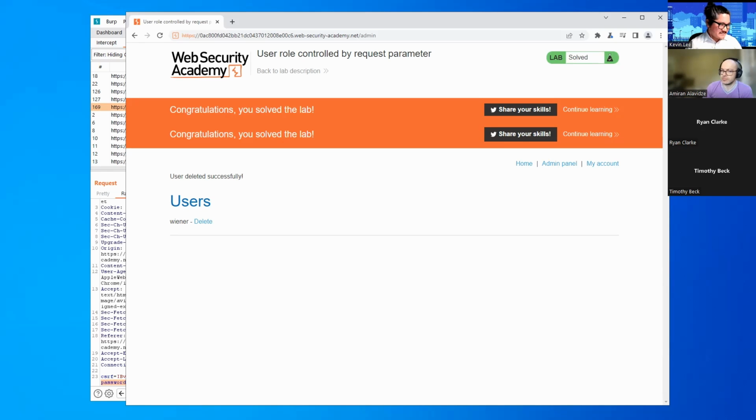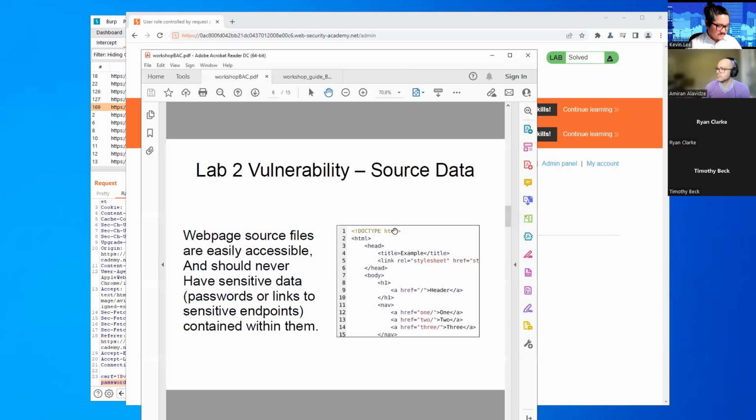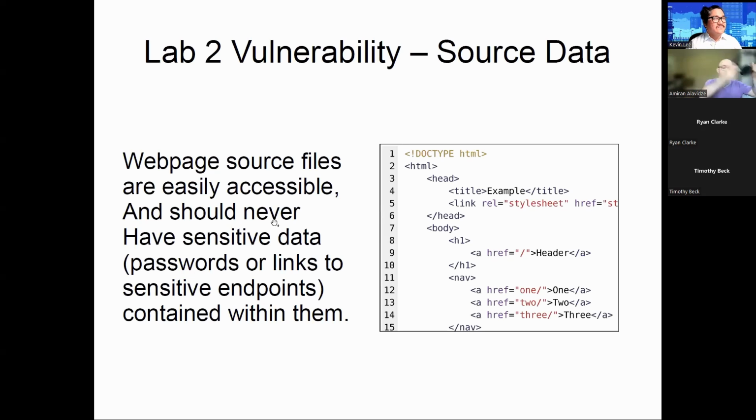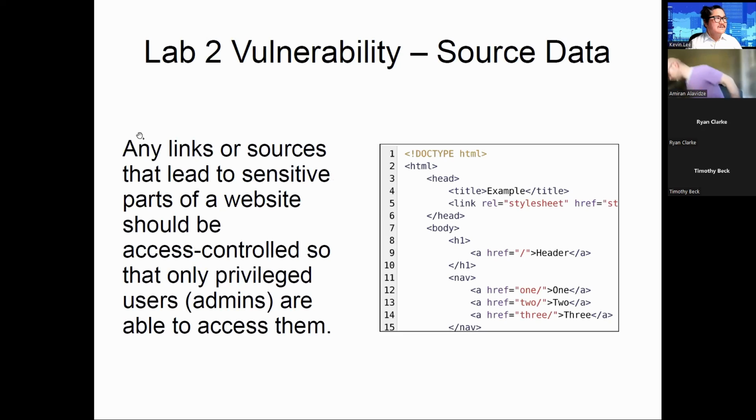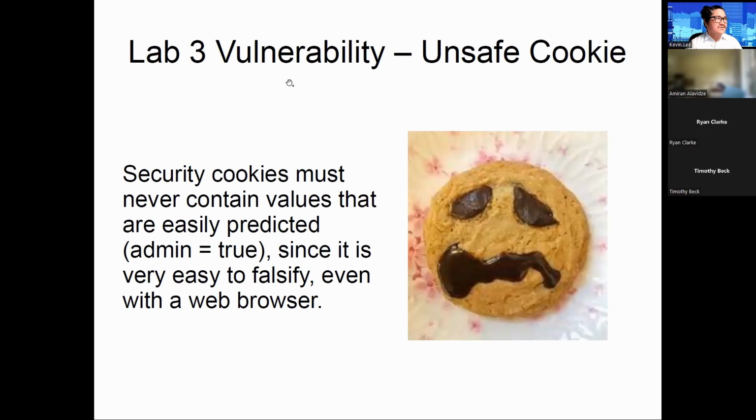So let's take a look at the vulnerability for this particular lab. For lab 3, the vulnerability here was an unsafe cookie. Security cookies must never contain values that are easily predicted, such as admin equals true, since it is very easy to falsify this information, even with a web browser.